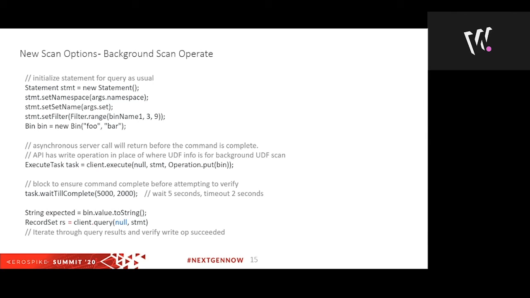So you'll probably recognize this from using the query APIs from before. In this case, we're setting the namespace, the set, and a filter range for this statement for this query. We're also going to initialize a bin value, which we're going to use next when we actually call the new API. So in the middle there, you can see when we call client.execute, this is us calling the